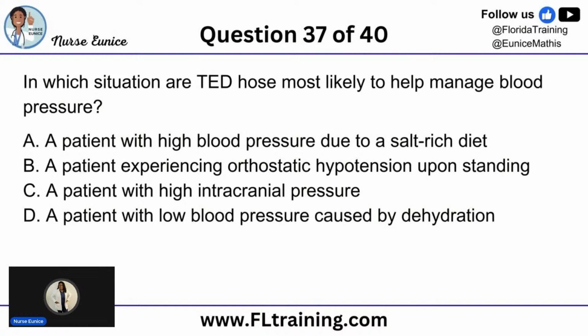Is it A, a patient with high blood pressure due to a salt-rich diet? B, a patient experiencing orthostatic hypotension upon standing? C, a patient with high intracranial pressure? Or D, a patient with low blood pressure caused by dehydration? When you're putting those tight compression hose, aka those TED hose, on a patient, why? Why are we reminding you constantly to put those hose on the patients? And so revealing the answer in 5,